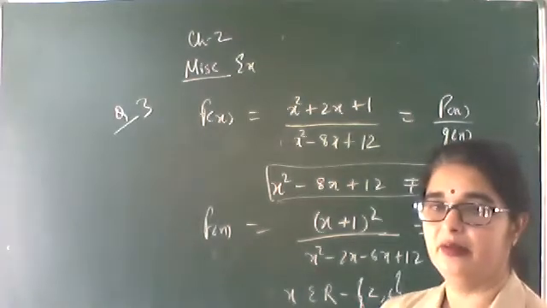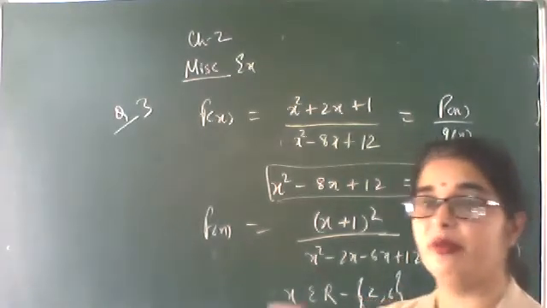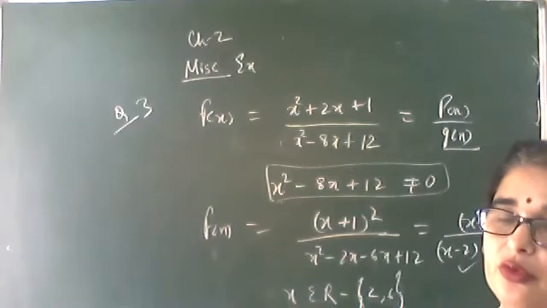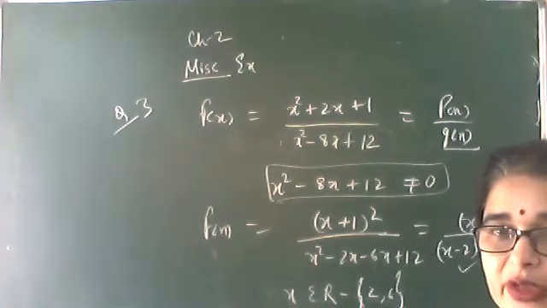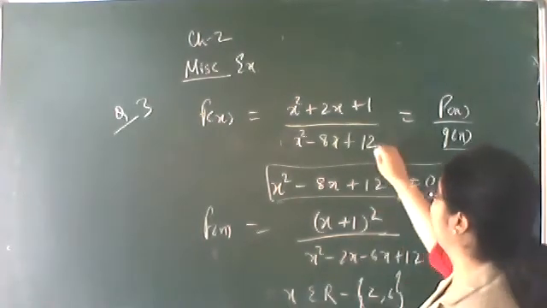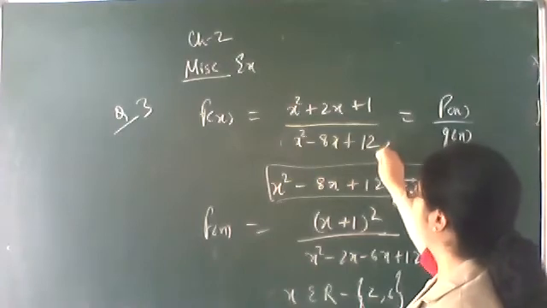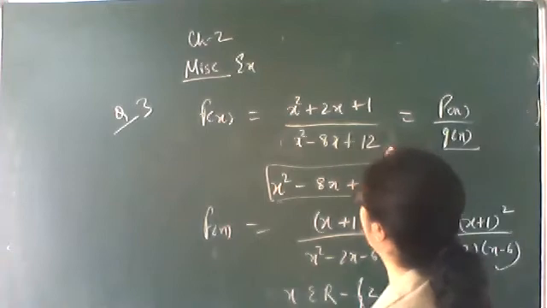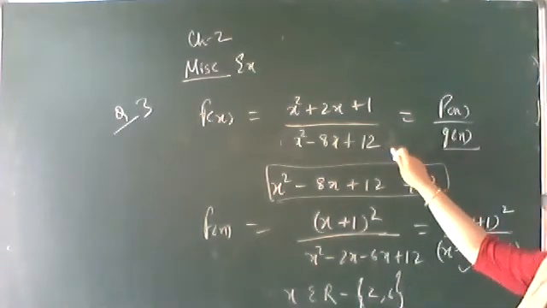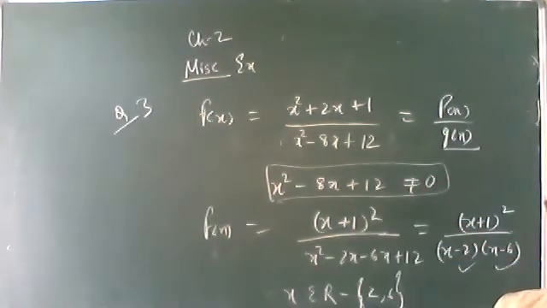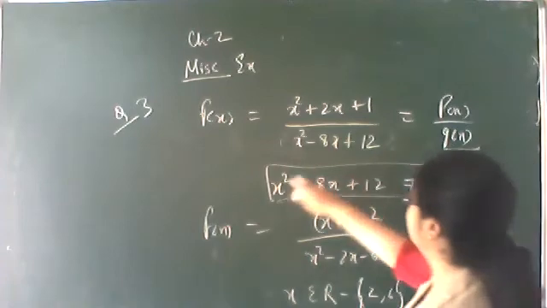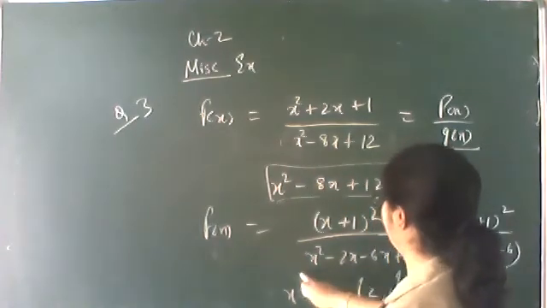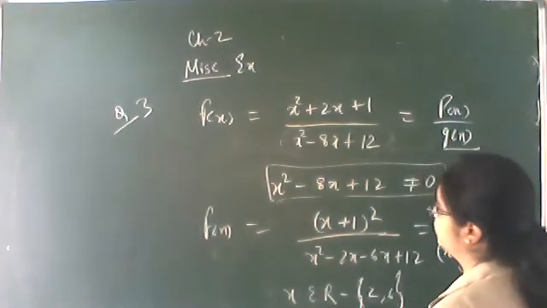Is that clear? So for different questions, you have to apply different methods. You all know how to do mathematics. Mathematics is not a difficult thing. Here, why have we done factorization? Because we want the domain. Now, domain can be any real number, but if you see the denominator, we know about rational functions. That's why we have taught you rational function, modulus function, signum function. All the functions are being taught for this purpose only. So the denominator will not be 0. Now you factorize it and get the value.